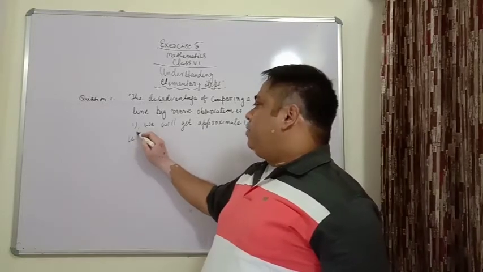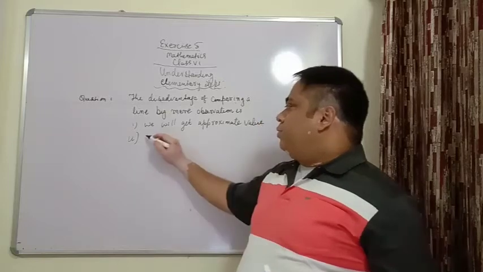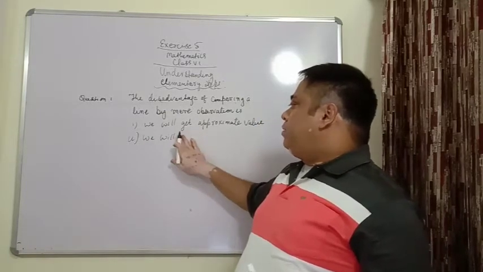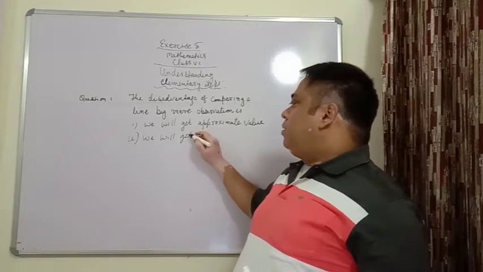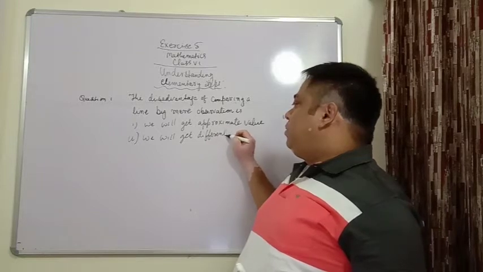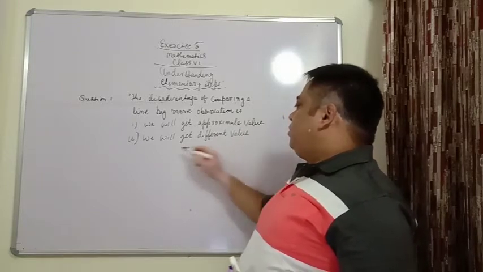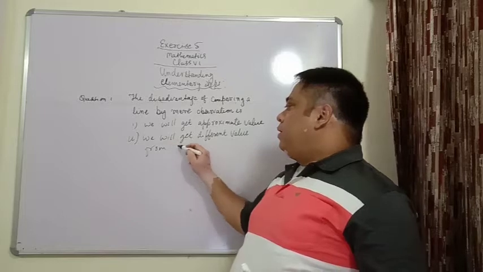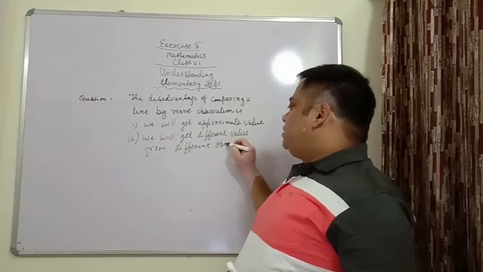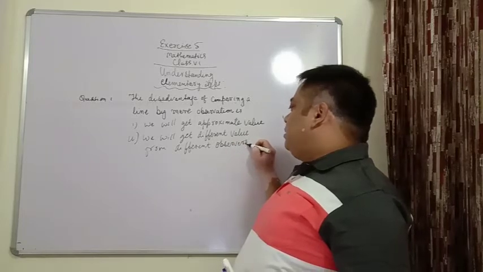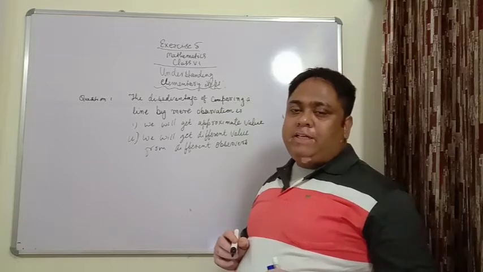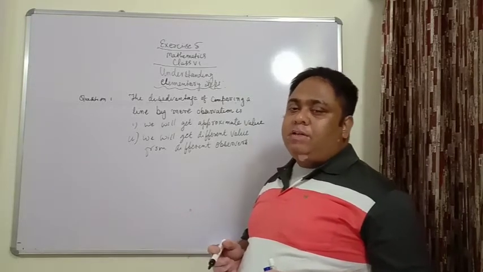Second, we will get different value from different observers. There will be slight change in the value by the observers if you change the people who observe the line